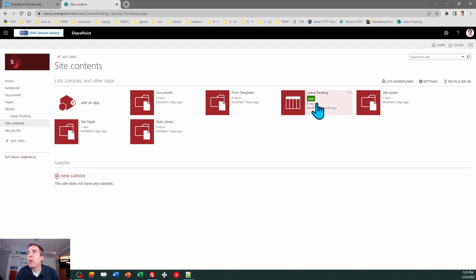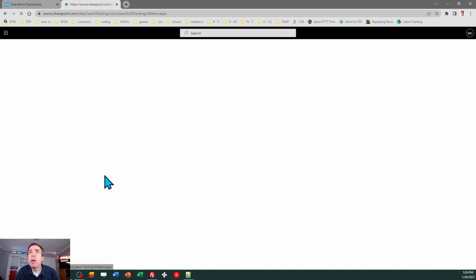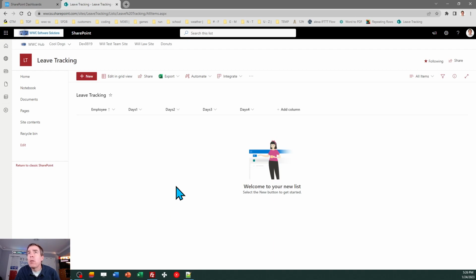Really simple. My list is already created. At this point, I can get out of this old classic experience. So just click the link in the lower left corner, exit classic experience, and then it returns me back to that familiar modern SharePoint site contents view. Now I can go to my list, and this list has already the fields and functionality needed to apply our